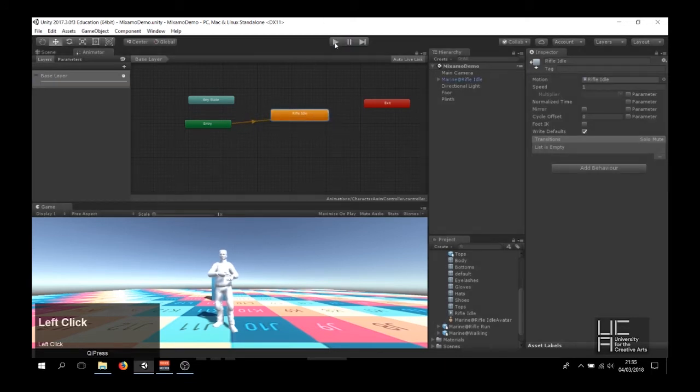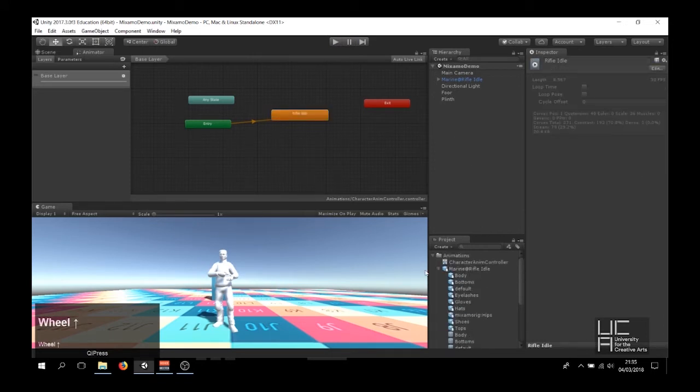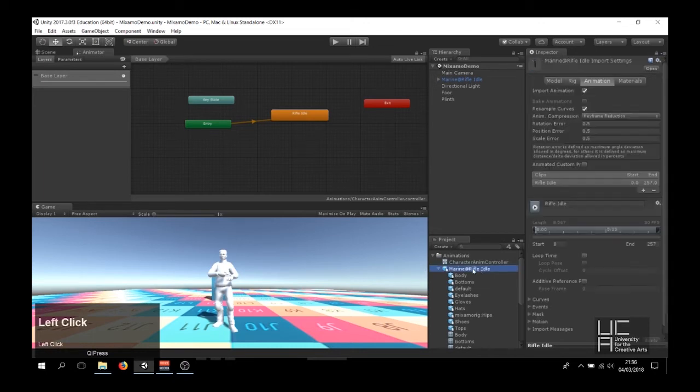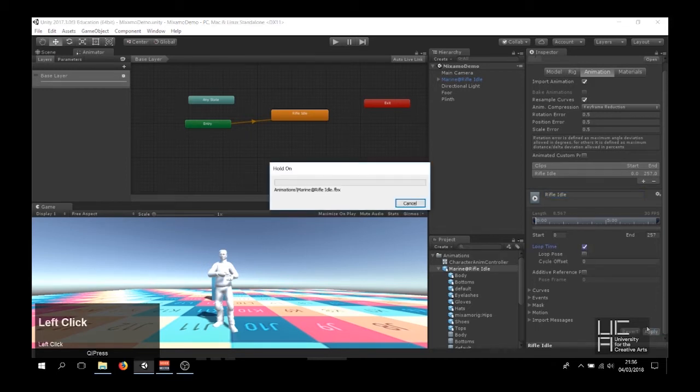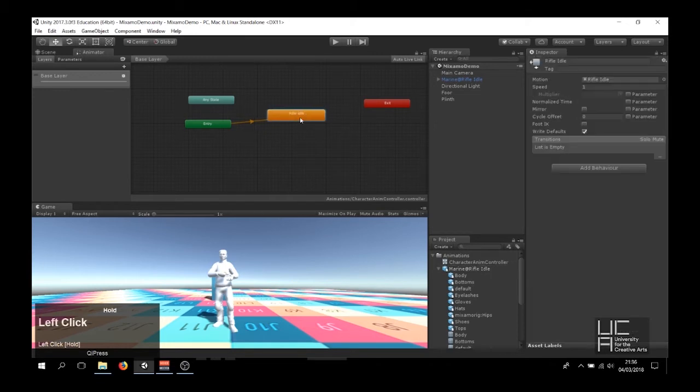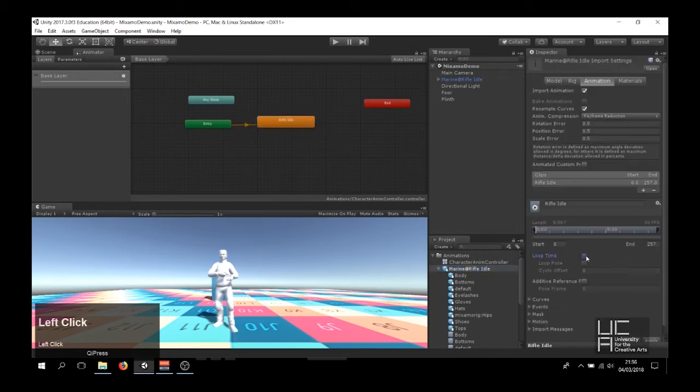So I'm going to stop play, and actually I'm going to go to the imported marine at rifle, bring up the animation tab which is already open, and down here we have the animation clip rifle idle, and we'll hit loop time. I'm going to tick that, and we'll hit apply. Actually, before we do that, let's quickly test the walking. So let's check the loop for a second,